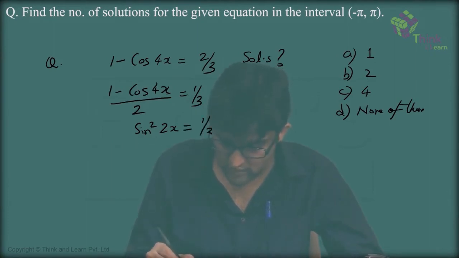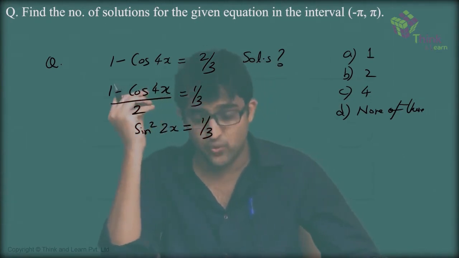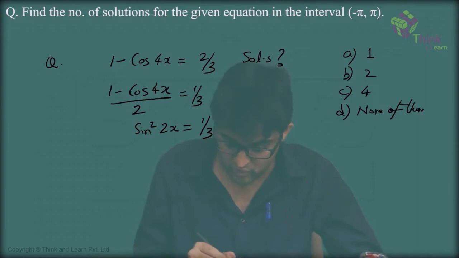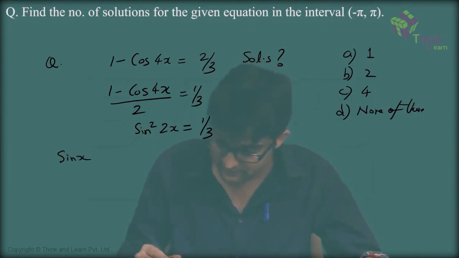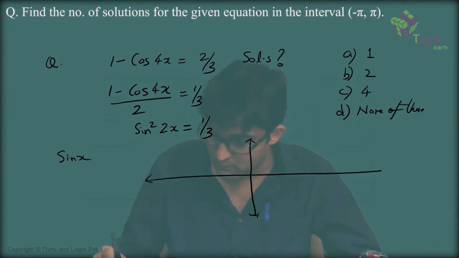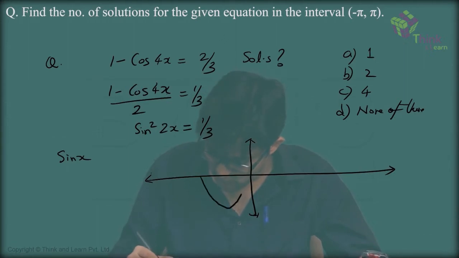This is equal to 1 by 3. So I'm talking about sine square 2x is equal to 1 by 3. How will the graph of sine square 2x look like? Let's start from sine x. If I talk about sine x between minus pi to plus pi, this is how